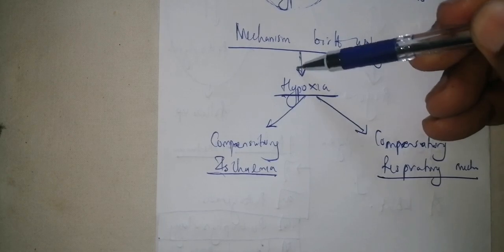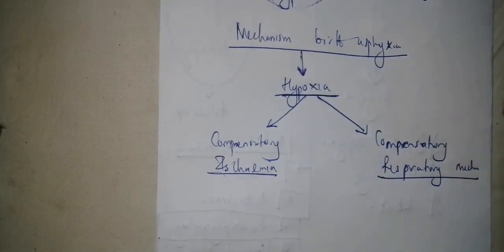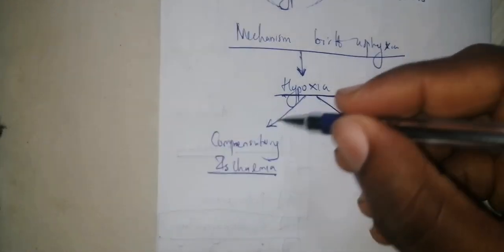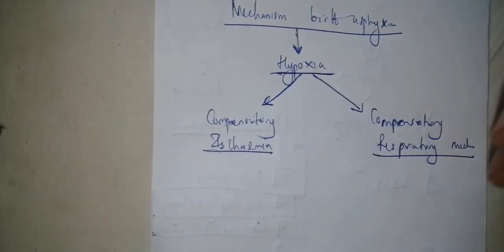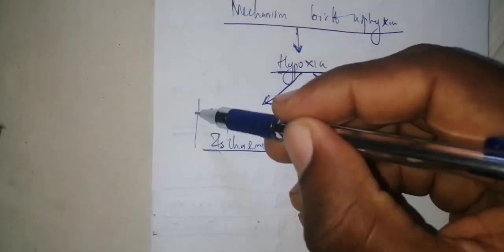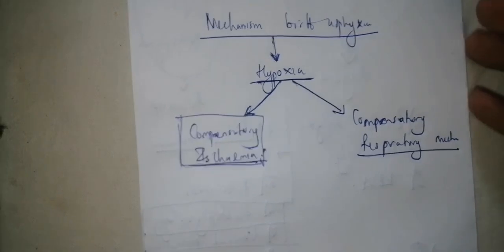The major pattern is that you're going to have hypoxia or hypoxemia. Hypoxemia is defined as the partial arterial pressure of oxygen being low in the blood, while hypoxia is when there is a reduced oxygen supply to the tissues. So you can think that hypoxemia is going to result in hypoxia. Now, when you have hypoxia, the body is going to try to compensate. You first start with the compensatory ischemic mechanism,